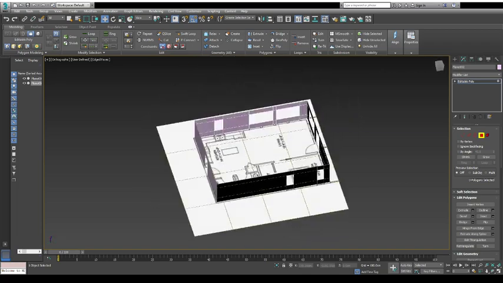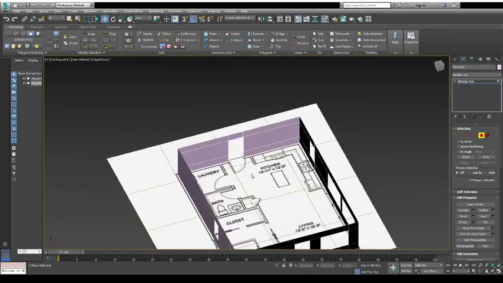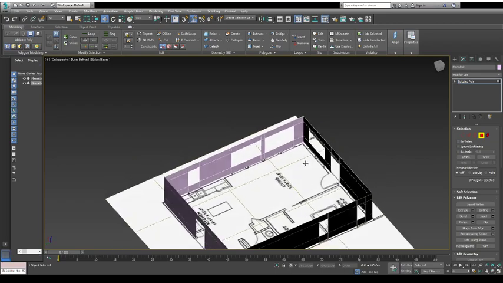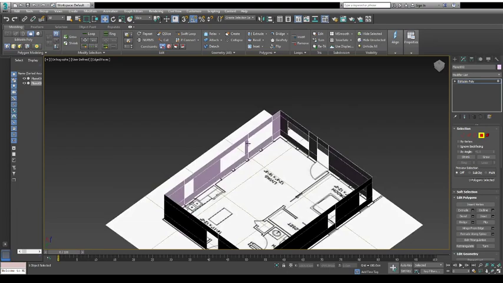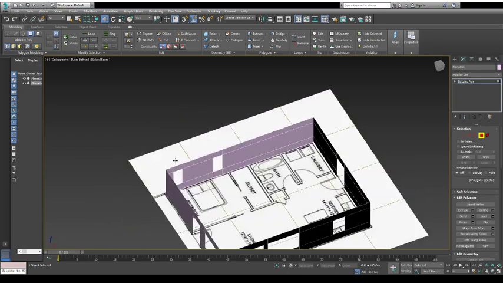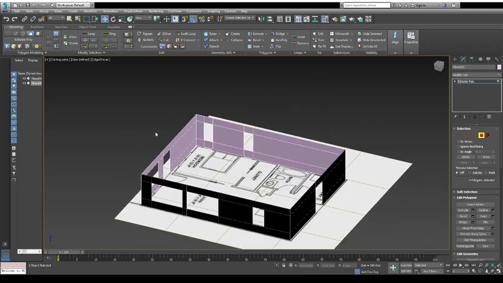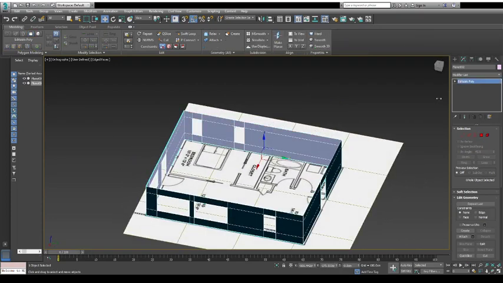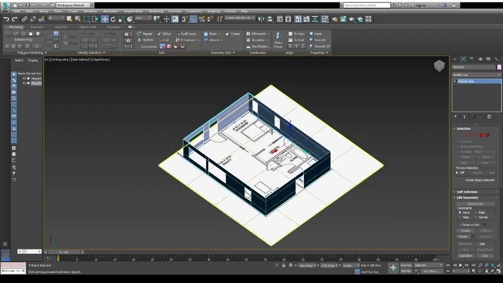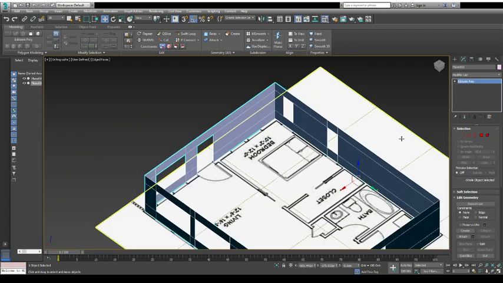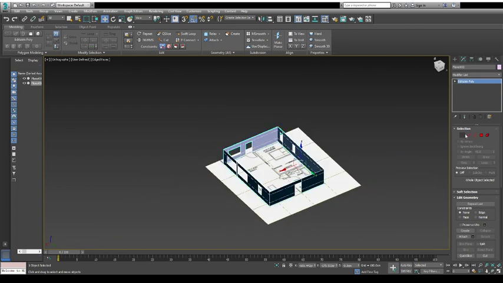So you can see that right now I have 2 doors, and 1, 2, 3, 4, 5, 6 windows. So what should be the next thing for me right now? I will go here to the modifier list. When your walls are selected here as an object, you need to switch off all the selections here, and let's go to the modifiers to add